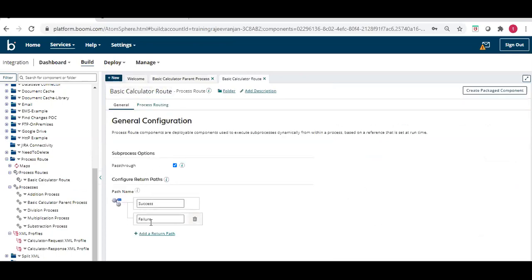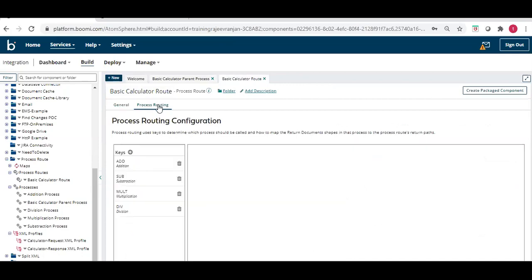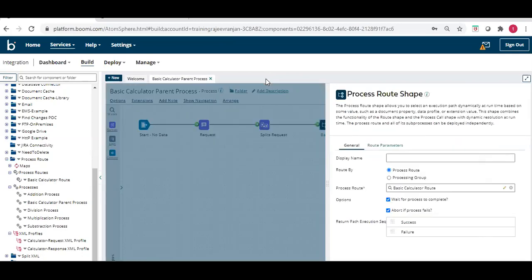On the basis of the path, success, failure, and the keys which we have configured, it establishes the relation, binding the key with the sub process. On the basis of the key, which could be your document properties, data profile, or extension value, the sub process is identified, and during runtime it is called and executed. Correct. So hope you like this video.